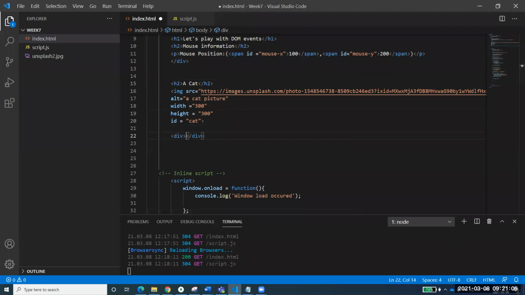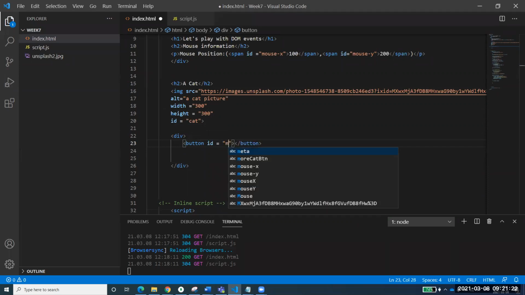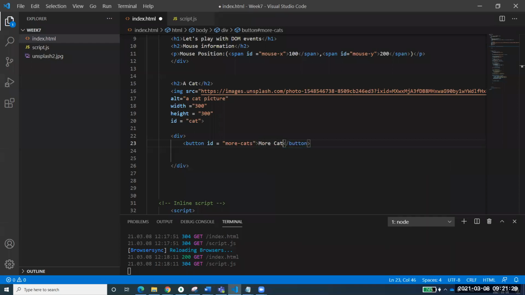So all of you please add a div over here. And in this div, I have to create two things. The first thing that I'm creating in this div is a button. Right now note that a button can be created by using the button keyword, and we have to give it an ID, and I'm giving it more cat side. Again, I can access this with a hash, and if you write something in between, it will be added to your format. So I've just added a div after the cat, and in that div I've added one button and nothing else.